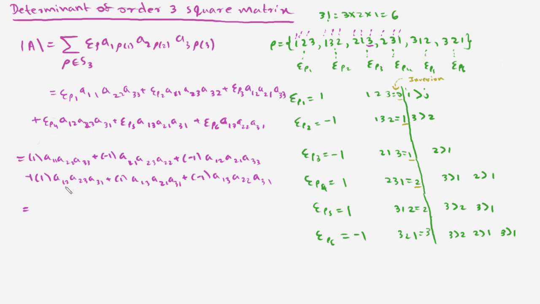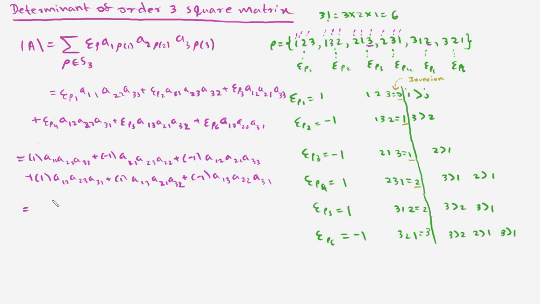So let's verify the other ones as well. 1 2 2 3 3 1. Okay, 1 3 2 1 3, again 3 2, because this is 2, and 1 3 2 2 3 1. Okay, 1 1 2 2 3 3 1 1 1 2 3 2 2. Okay, so now it's correct.